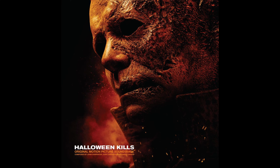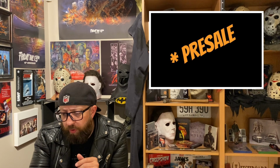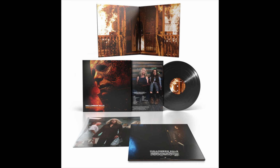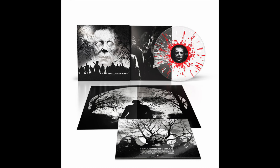So Sacred Bones Records released the OST Halloween Kills soundtrack. Very, very cool. Check this out here. You can get this vinyl in all these different colors. They have classic black, of course, and then they have this really sweet orange. You gotta have orange for Halloween, you know what I mean? And then they have these really cool copies, limited to 2,000. They have this one that is this limited